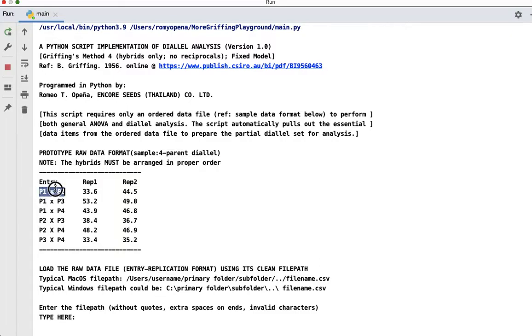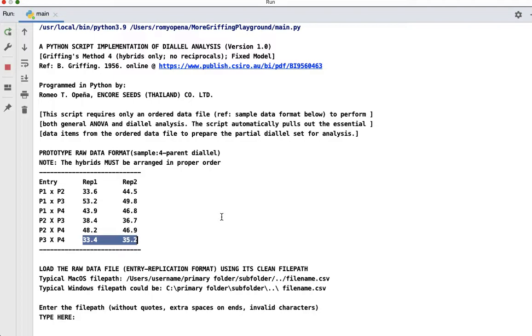First, all the crosses of P1 with all other parents, in consecutive order, go to the top rows of the data file. Then, all crosses of P2 with all other parents follow. Continue this systematic process until the data of the last cross, P3 x P4, has been added to the file. Once done, your data is ready to be accepted by the script.